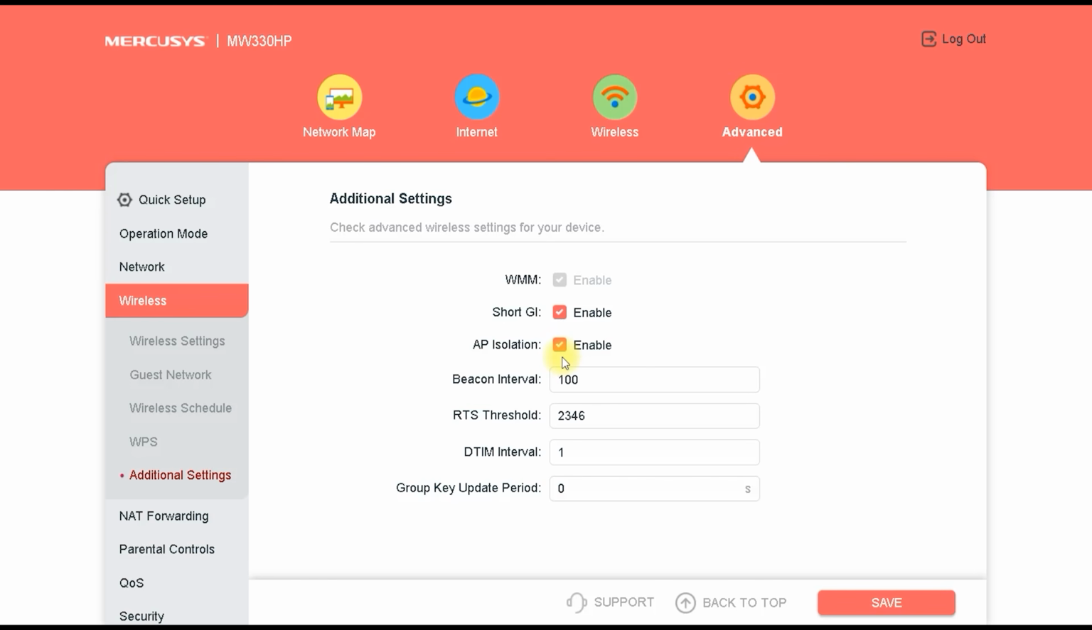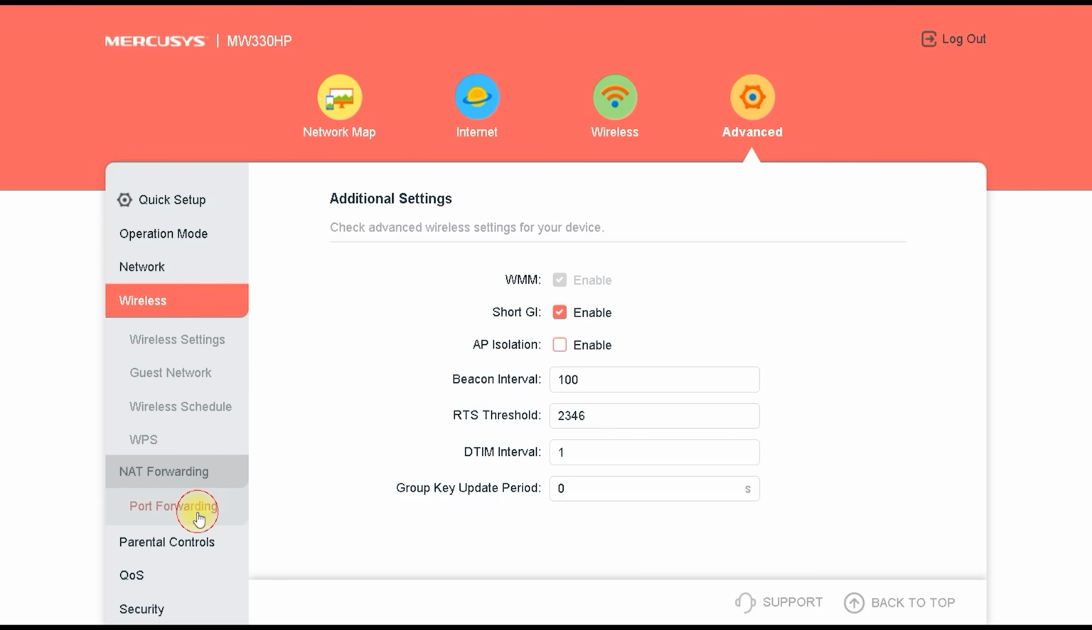RTS threshold controls when the router sends a request to send before transmitting data. Default 2346 basically disables it. DTIM interval sets how often broadcast data is sent to sleeping devices. Lower values make devices more responsive. Group key update period defines how often the encryption key is refreshed. 0 means it never changes automatically. These options let you fine-tune your Wi-Fi performance and security, especially in busy networks or for specific use cases like